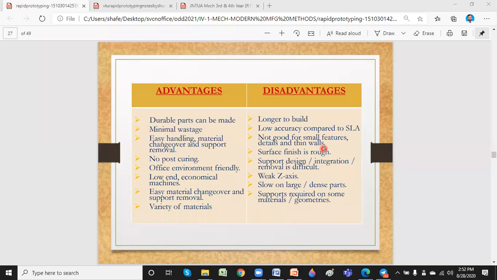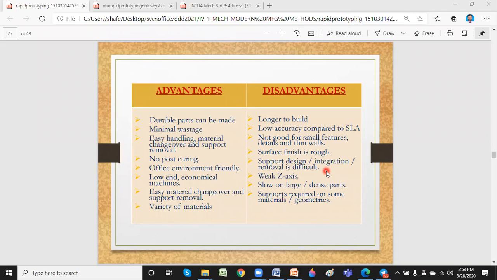I can't go for prototype production which has very small holes, small features, and very thin sections. And as I said, the surface finish is rough.